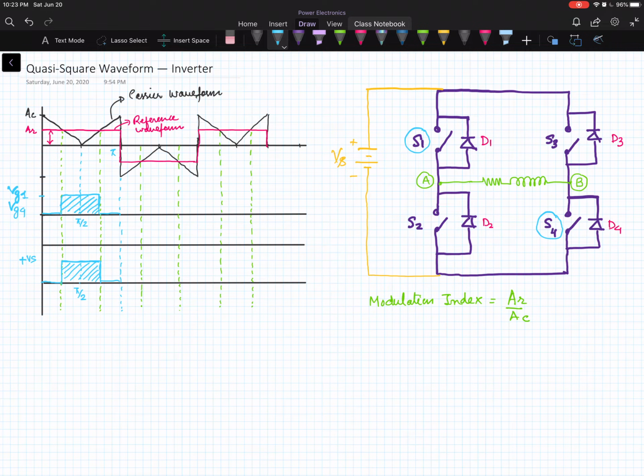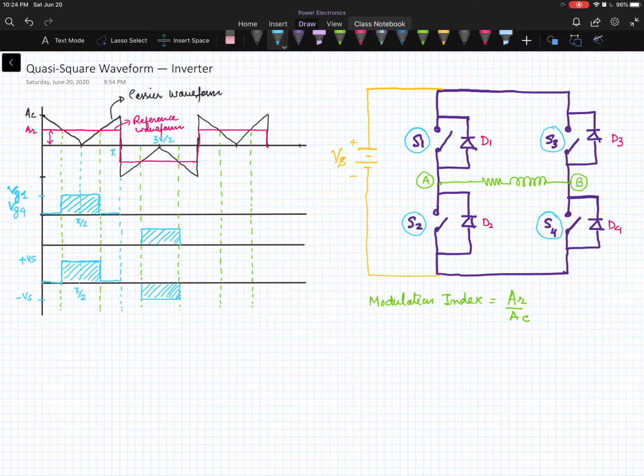Now from the negative half cycle of the rectangular waveform, we can generate the second pulse, and that second pulse is sketched over here. This gate pulse is applied to our switch S3 and S2. At that instant of time, there will be no gate voltage for the switch S1 and S4. They will be in the off state. So once we turn on S3 and S2, the load voltage will be opposite and will be equal to Vs in magnitude. So our load voltage will be at minus Vs level, and this will be the voltage